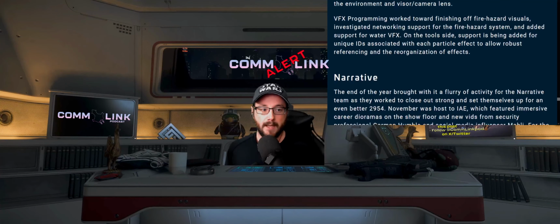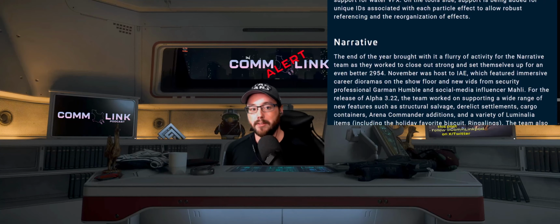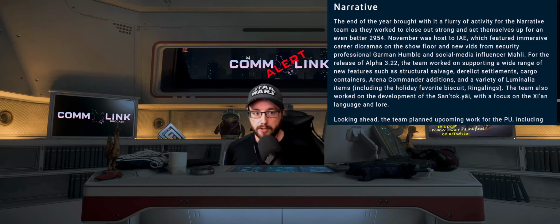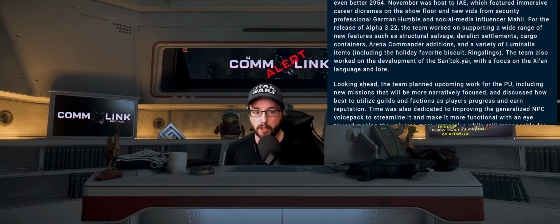Narrative. The end of the year brought with it a flurry of activity for the narrative team as they work to close out strong and set themselves up for an even better 2954. November was host to IAE, which featured immersive career dioramas on the show floor and new vids from security professional Garmin Humble and social